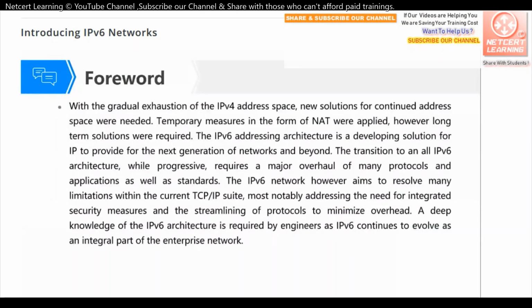With the gradual exhaustion of the IPv4 address space, new solutions for continued address space were needed, and temporary measures in the form of NAT were applied. However, long-term solutions were required. So the IPv6 addressing architecture is a developing solution for IP to provide for the next generation of networks and